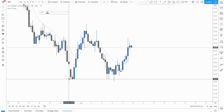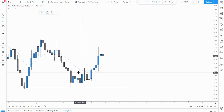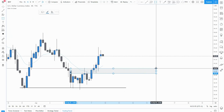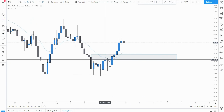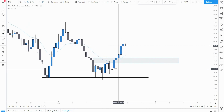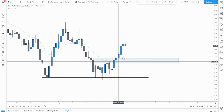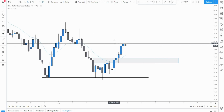Right now we have this structural area that the market failed to break below, and if you dive deeper into the structure, we had this little zone right here that acted as a lower high formation. The EMA perfectly tapped it, so we expected the market to push down from a structural viewpoint, but then we emerged nicely above the EMA. So currently I will be looking for buys going into the next week for the DXY,